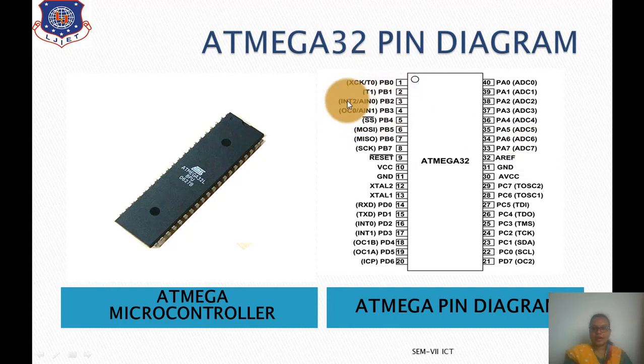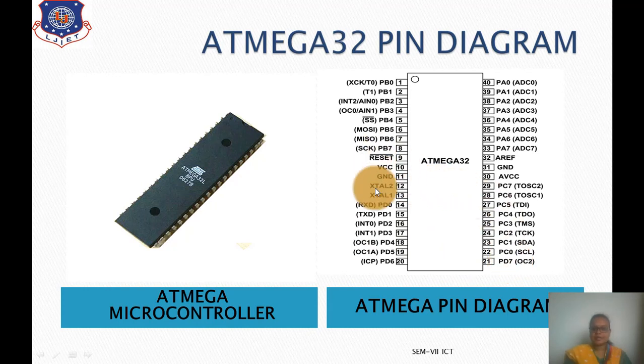From pin 1 to pin 8 is port B, an input output port again, PB0 to PB7, which also has alternate functions mentioned in the brackets. Each alternate function we will see in detail. Then there is port C from PC0 to PC7, again with its alternate functions as well as working as an input output port. And PD0 to PD6 on the left hand side, and PD7, pin number 21, on the right hand side, also have alternate functions as well as working as input output port.